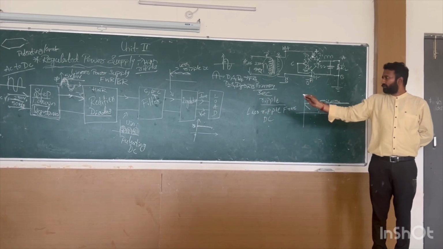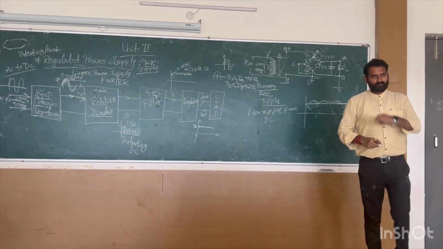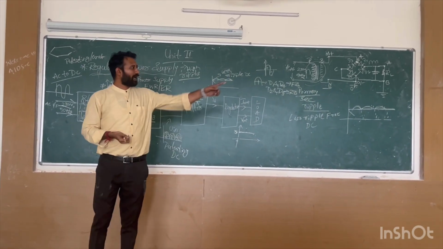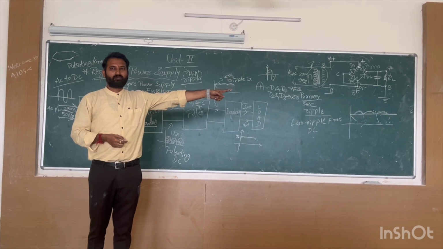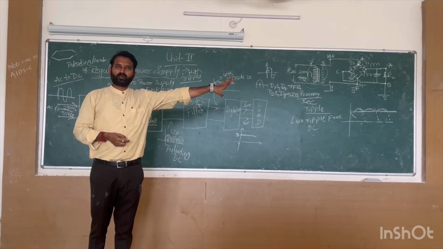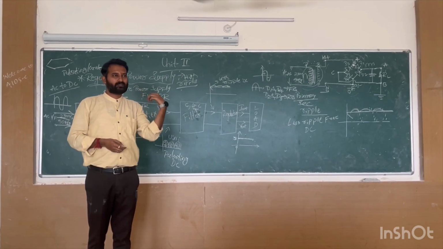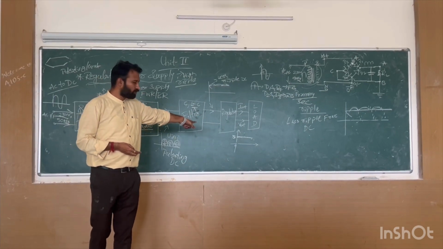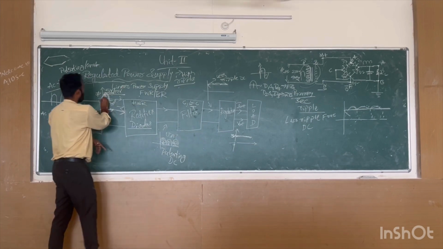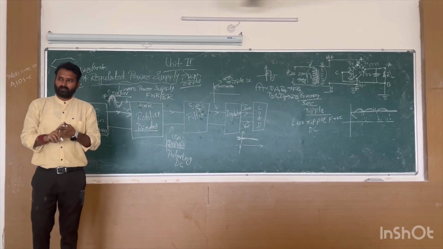Understandable? Now what is the last one? Regulator. What do you mean by regulator? The fan has regulators. What will the regulator do? Focus here. It controls. Why are we using a regulator? It will maintain your output constant at 5 volt only, even though your input changes. That is the main task of the regulator.